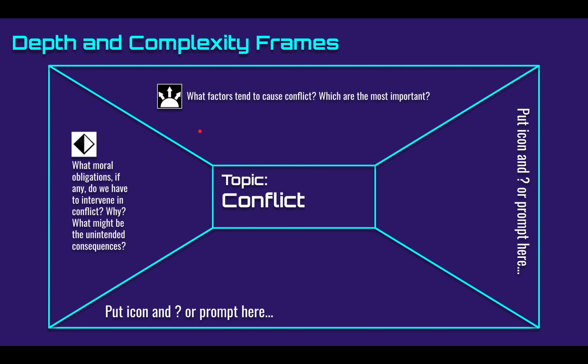And what you do is you essentially just make this an assignment for your kids. Say, hey, here's this icon. In this frame, fill out everything that you can tell me about the origins of conflict. Or you might even just say, hey, kids, pick your own icons and populate the frame, and then just do a brain dump. And you can use that as a pre-assessment. You can use it as a post-assessment.